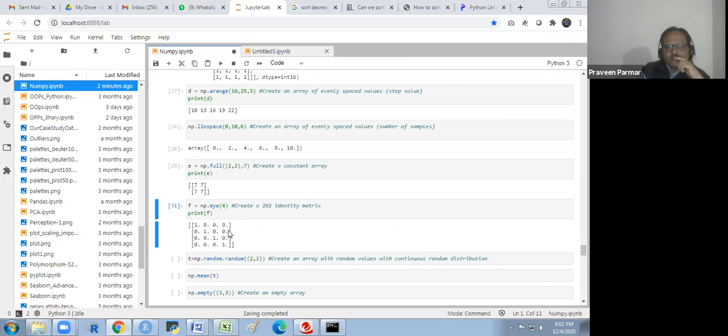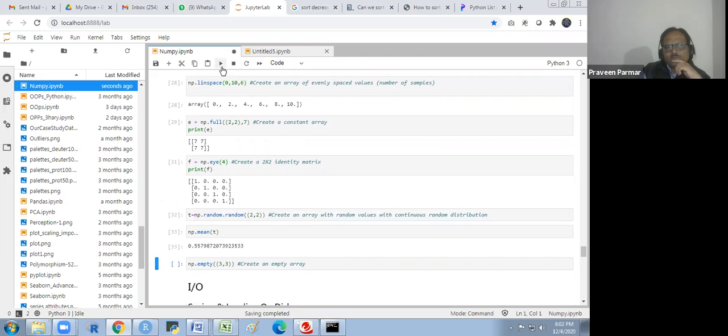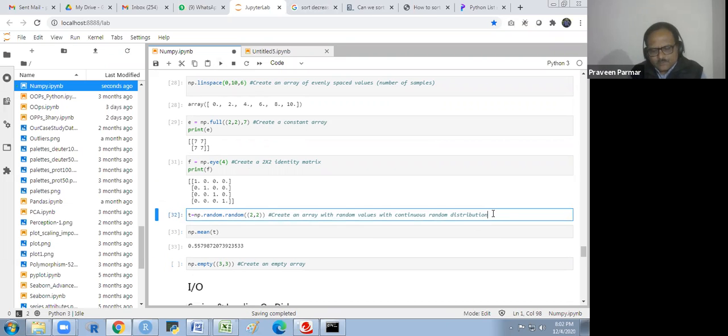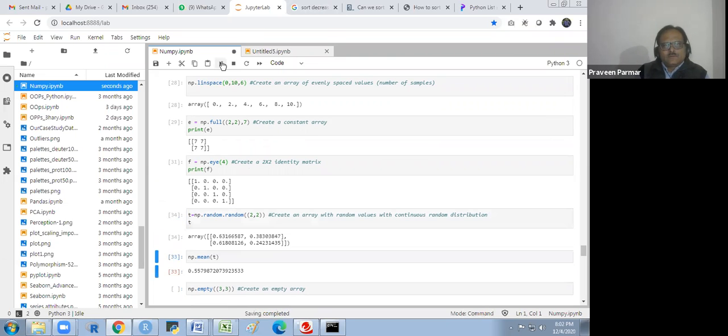If we write numpy random.random 2 by 2, it will give random values with the continuous random distribution. I just write T, and this matrix I am getting is 2 by 2 with the random distribution.